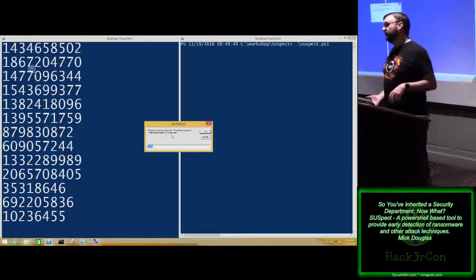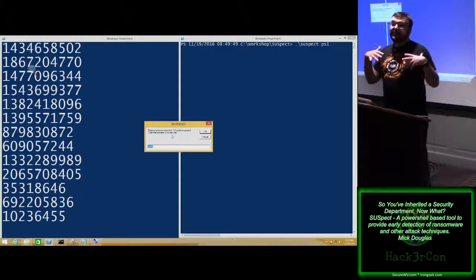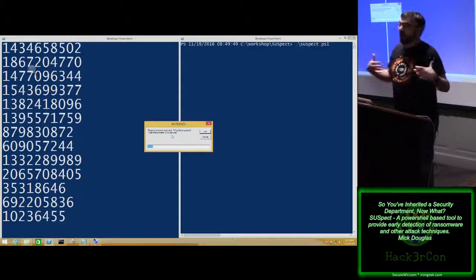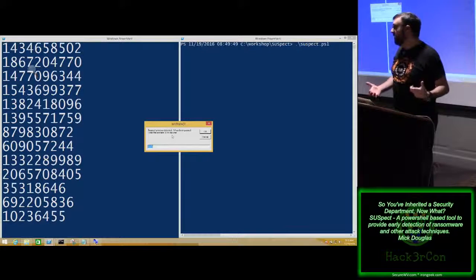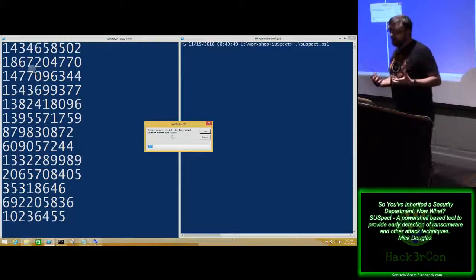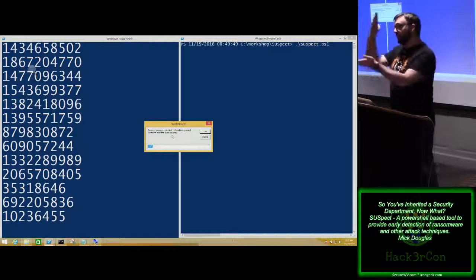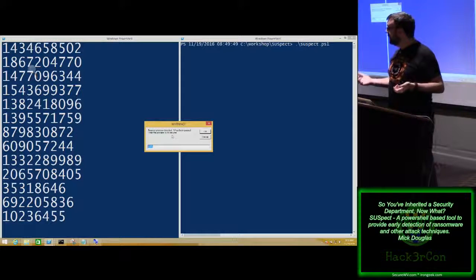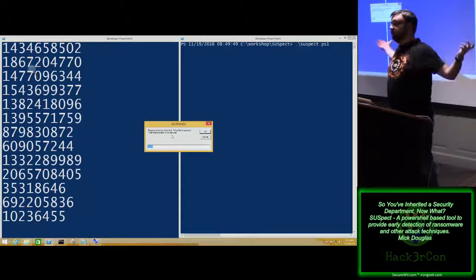The reason that I designed Suspect to work this way is I don't know what you guys are going to be running on your computers. I don't know how your systems are working. And part of the thing that scares me about some of the next generation tools is that they'll just stop execution of things.